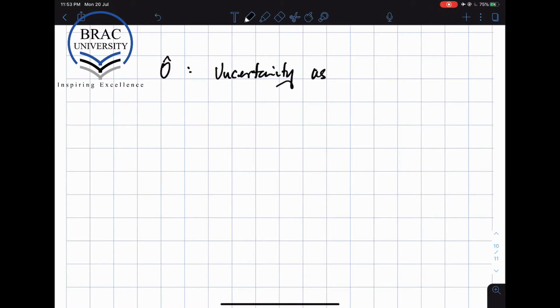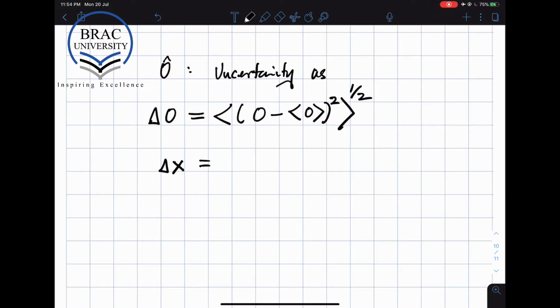as, not using the caret, the square root of the average of the difference between the observable and its average, squared. So this is basically the mean deviation that we know from probability theory. So for position, the uncertainty in the position will be given by